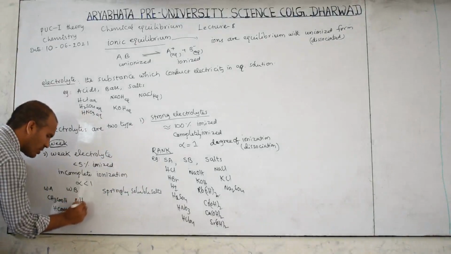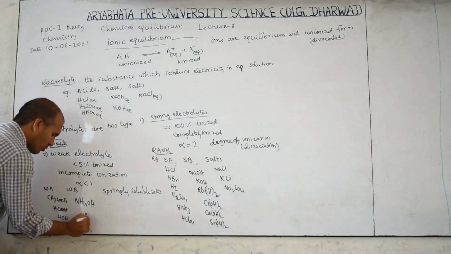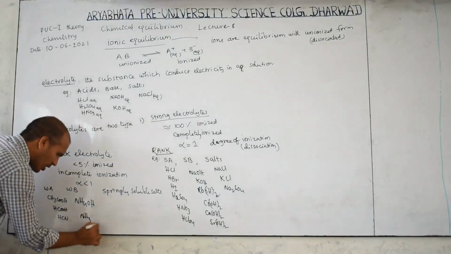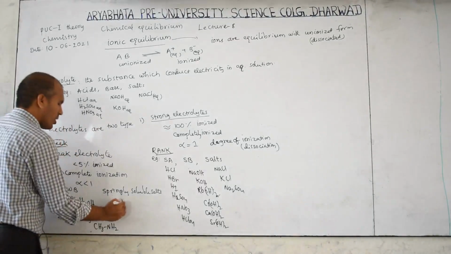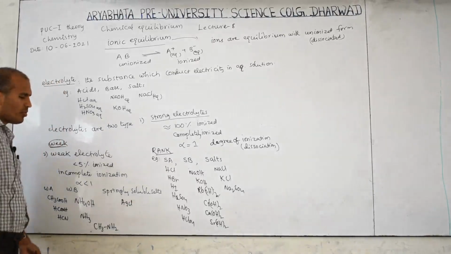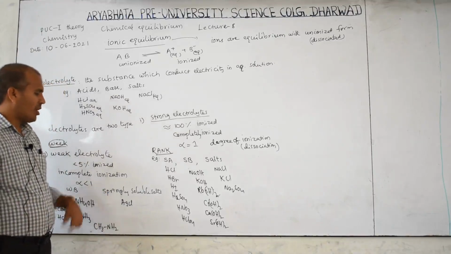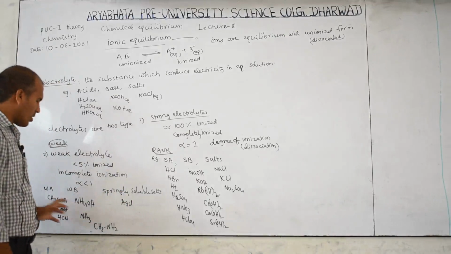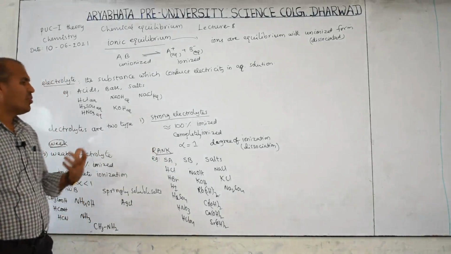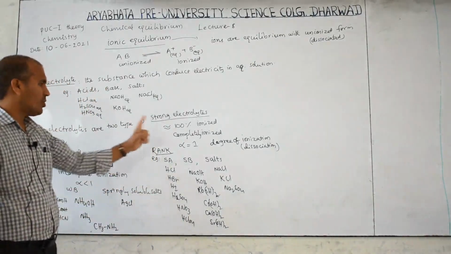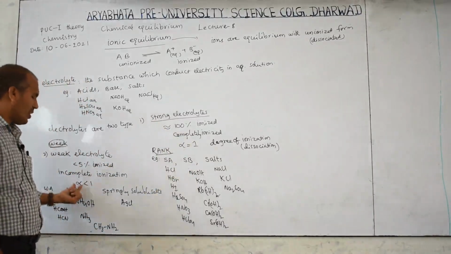Now one example for a weak base: ammonium hydroxide. Ammonium hydroxide is a weak base. Ammonia is also a weak base. Any other amines, organic bases, amines are all weak bases. Sparingly soluble salts, AgCl, like this, are also very less soluble in water. That is also called less than 5% dissociation. Keep in mind all these are weak electrolytes. These are strong electrolytes. This is just how to consider their ionization. So you have to remember, for a strong electrolyte alpha is nearly equal to 1, and here less than 1.